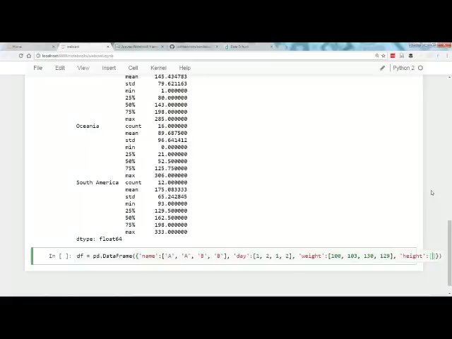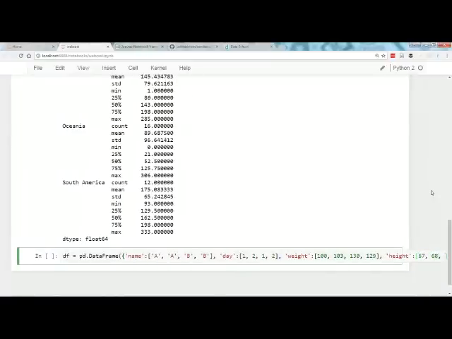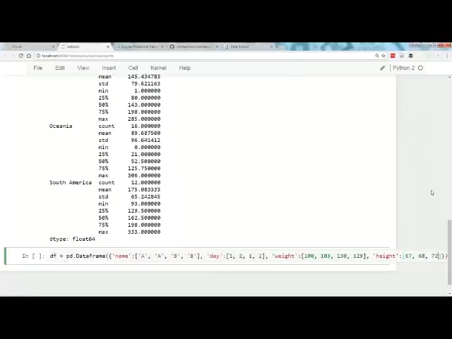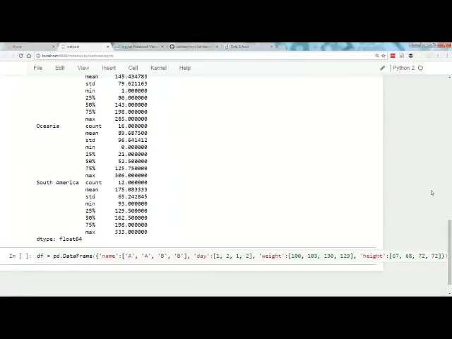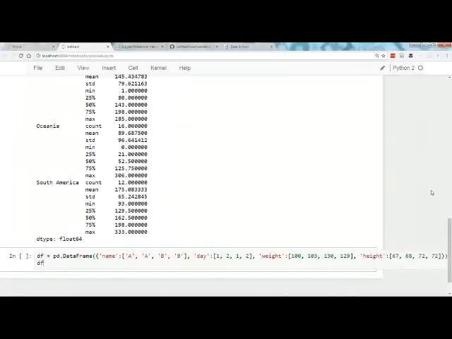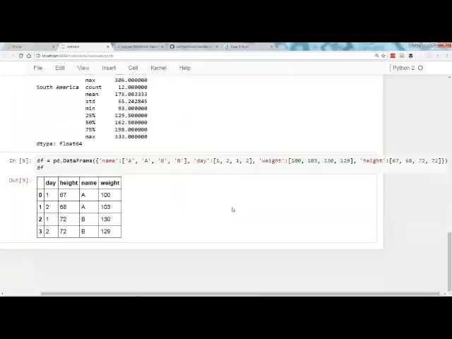How about this person grew an inch in one day, and this person did not. So, sorry for all that typing. Here's our data frame. So it's two people, A and B, and they're recording on day one or day two what their height was that day and what their weight was that day.